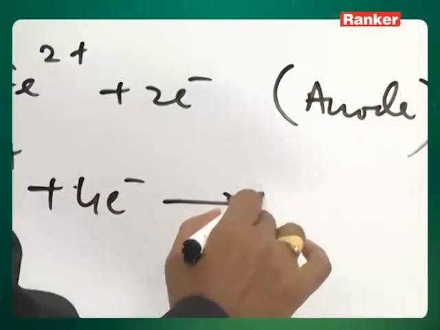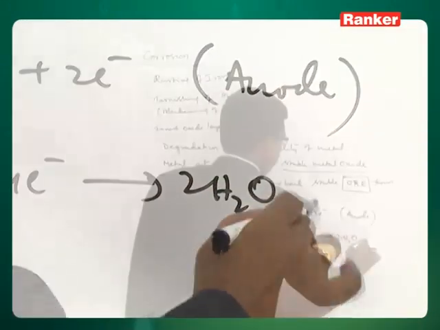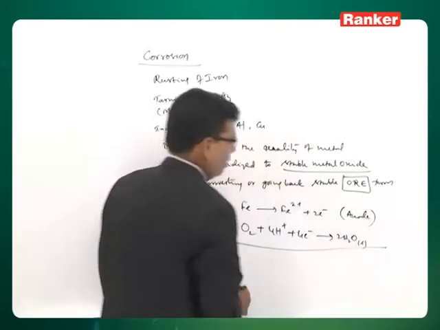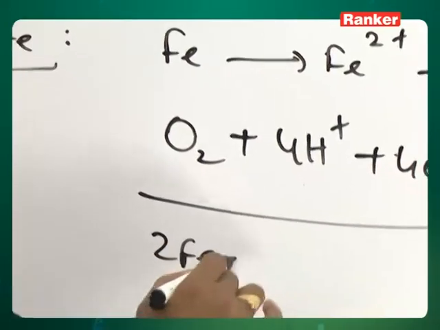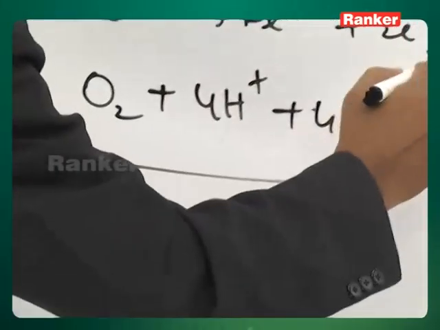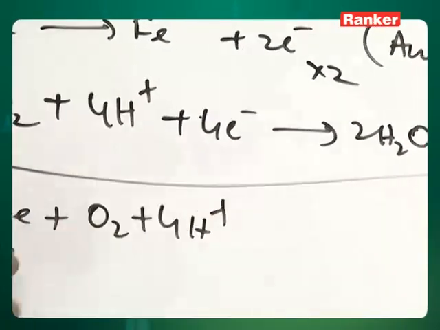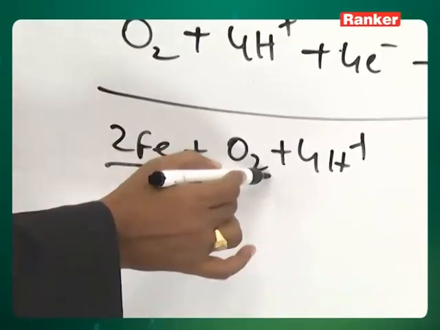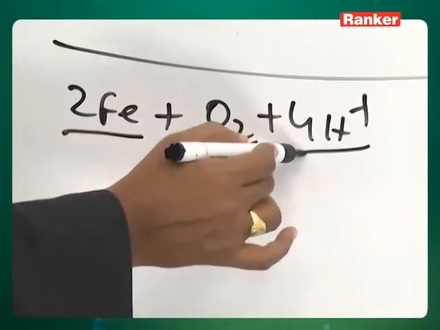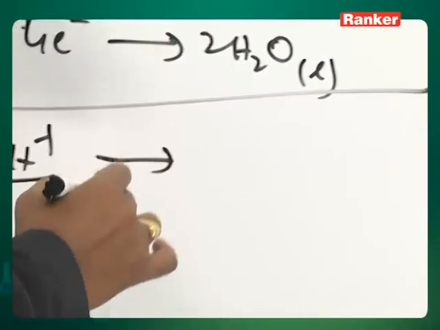As a result you will get water. So the overall reaction is 2Fe + O2 + 4H+. So when iron metal comes in contact with oxygen gas in acidic medium, this converts to